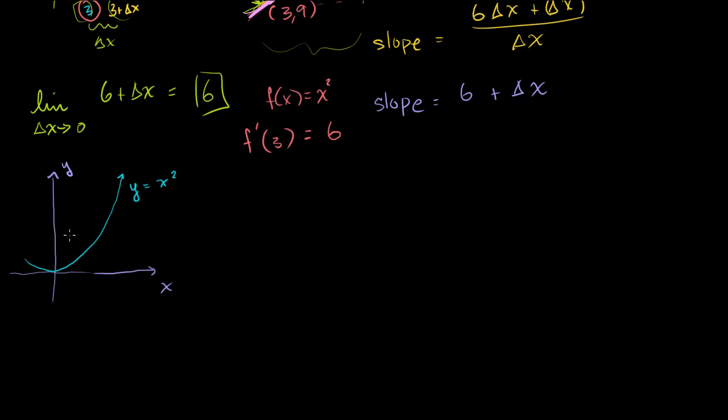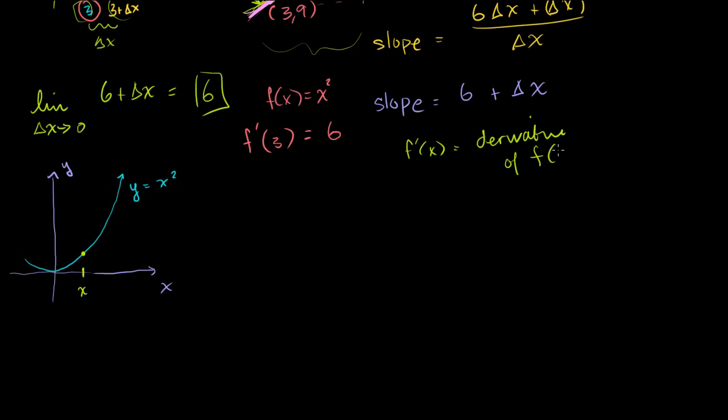Remember, if we want to find, let me just write the definition of our derivative. So if we have some point right here, let's call that x. So we want to be very general. We want to find the slope at the point x. We want to find a function where you give me an x, and I'll tell you the slope at that point. And we're going to call that f prime of x. That's going to be the derivative